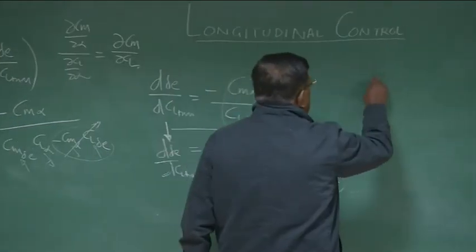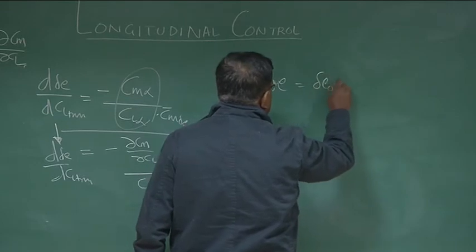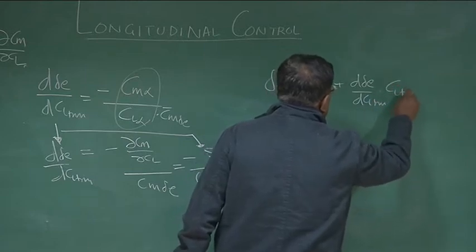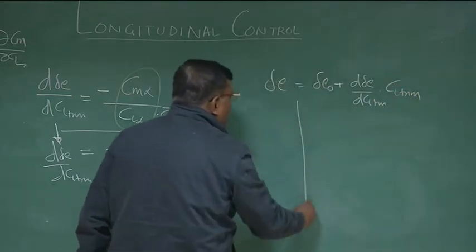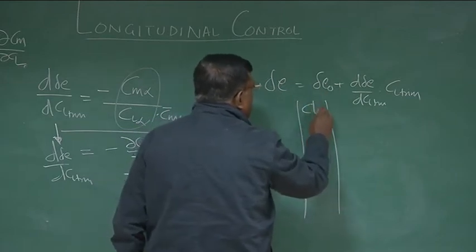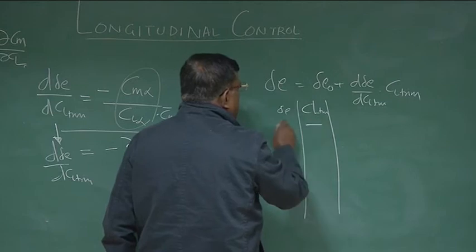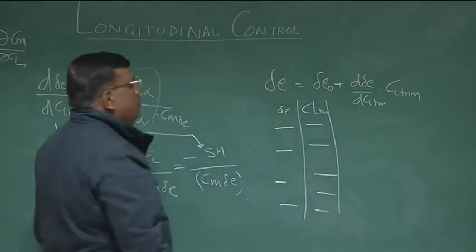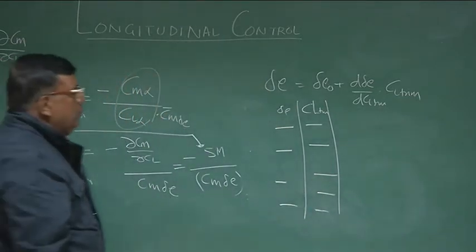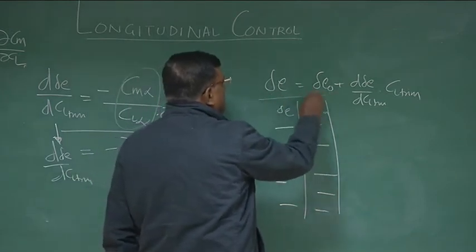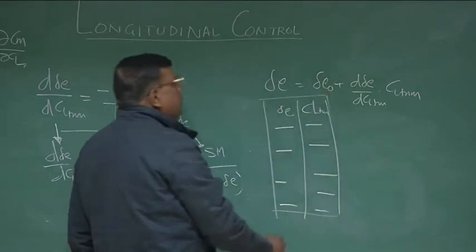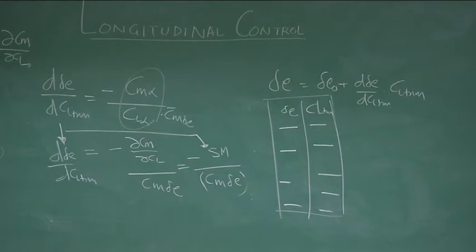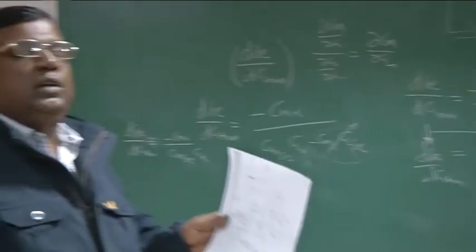Second one, once I write delta E equal to delta E naught plus d delta E by dCL trim into CL trim, I am knowing that for this CL trim, this is delta E required, for this CL trim, this delta E required, like this, you know. So the pilot will develop a feel from that delta E, how much delta E he requires to give for a CL trim, or he gets a feel in terms of speed. So you are giving delta E and speed, that sort of mapping you are doing for the pilot.